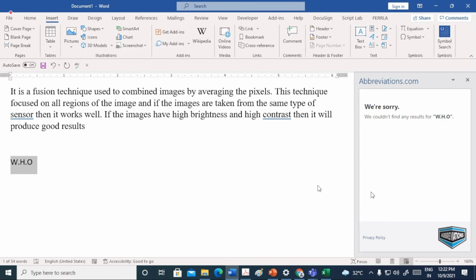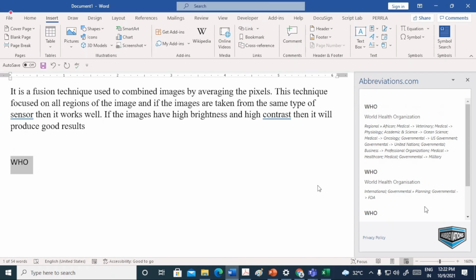As he says, he could not find WHO. Let me remove the dots and then write. Now can it find? Yeah, see, WHO, World Health Organization.